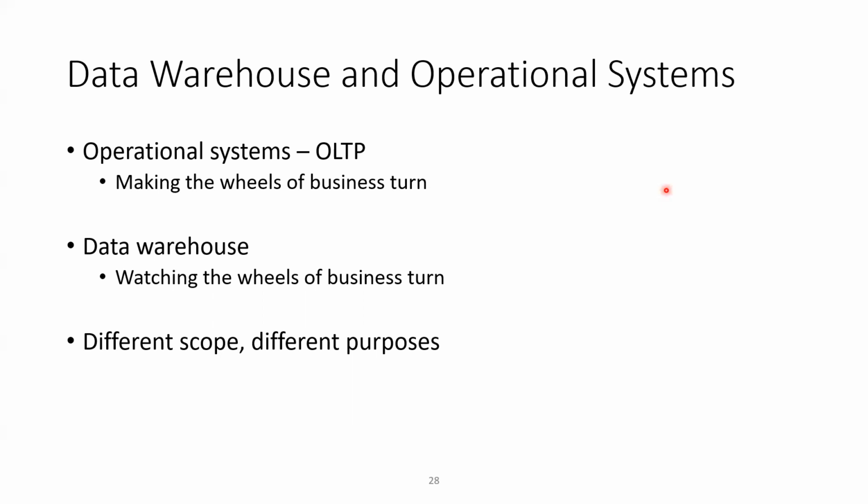Data warehouse is watching the wheels of business turn. What does that mean? Watching the wheels means that you pay special attention to how things are going, which things people are buy, which day is more important for people to buy something, and that's why they have sales. All those sales, those discounts, are because of the data warehouse decisions. They know that people don't buy those things at this price. So in the sale you will have a reduced price for that shirt or trouser or whatever it is, shoes, etc. You make those decisions based on what is there in the warehouse, the actual warehouse, which means in your store.